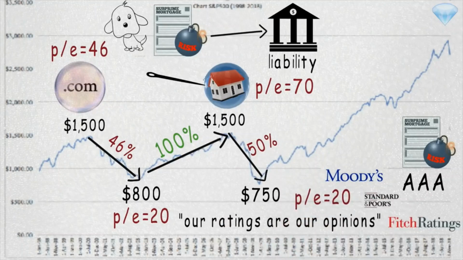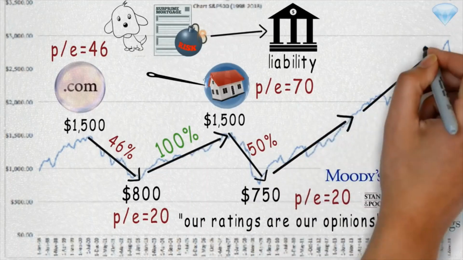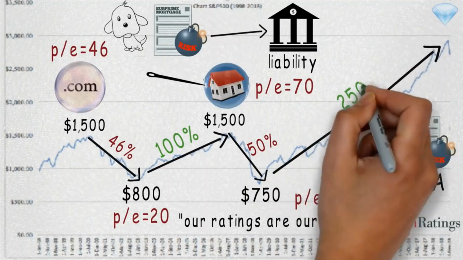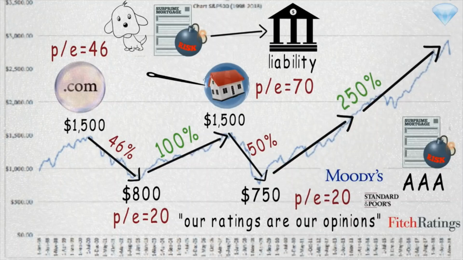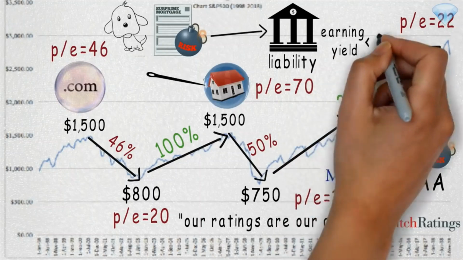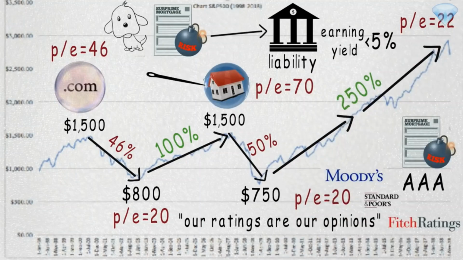Since then, we have had a smooth ride until the current date. The stock market has increased by 250% since the early 2000s. The current PE ratio of the S&P 500 is 22, which makes the S&P 500 quite expensive, at least in my opinion. That's slightly less than a 5% earnings yield. Not too sure if you are satisfied with 5%, but